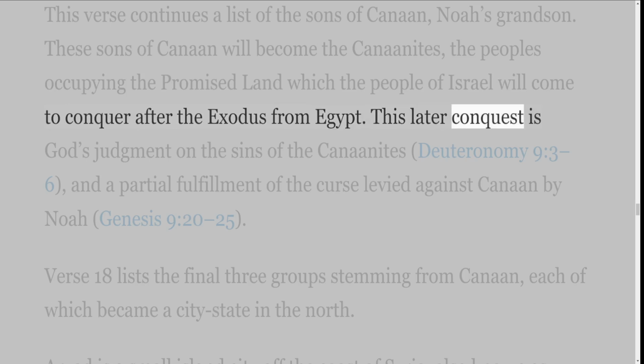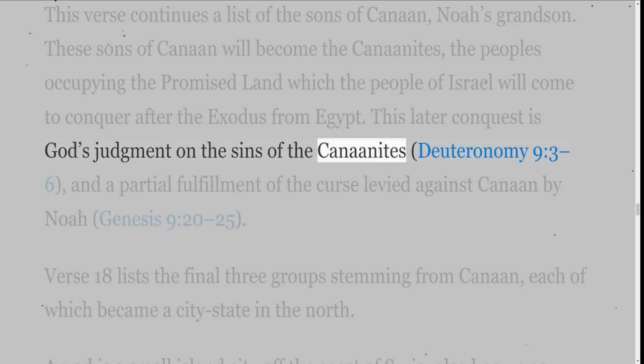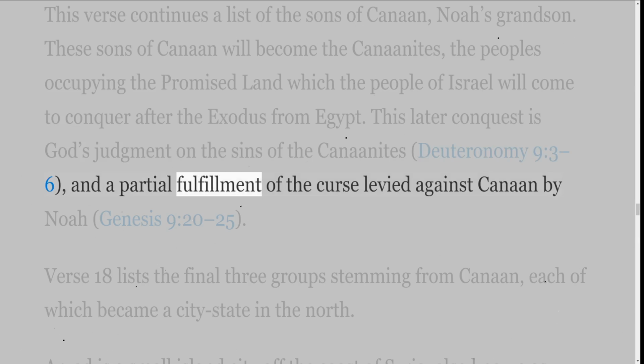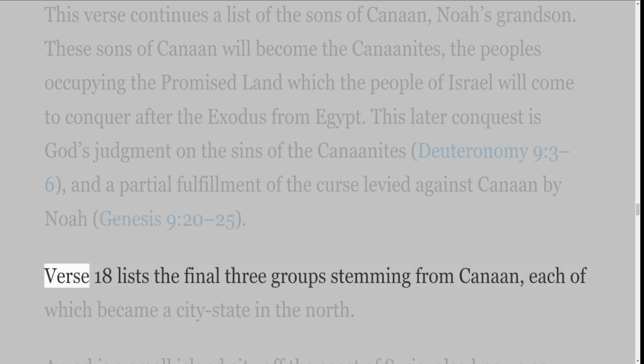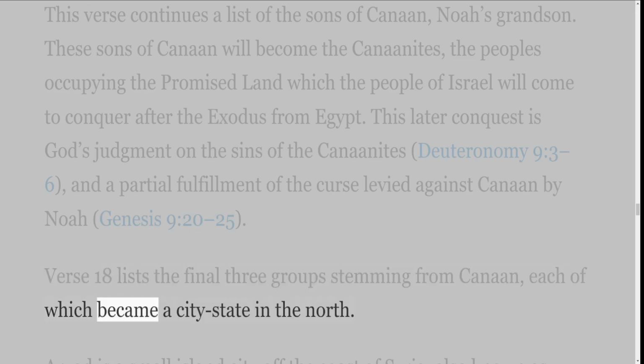This later conquest is God's judgment on the sins of the Canaanites, Deuteronomy 9 verses 3-6, and a partial fulfillment of the curse levied against Canaan by Noah, Genesis 9 verses 20-25. Verse 18 lists the final three groups stemming from Canaan, each of which became a city-state in the north.